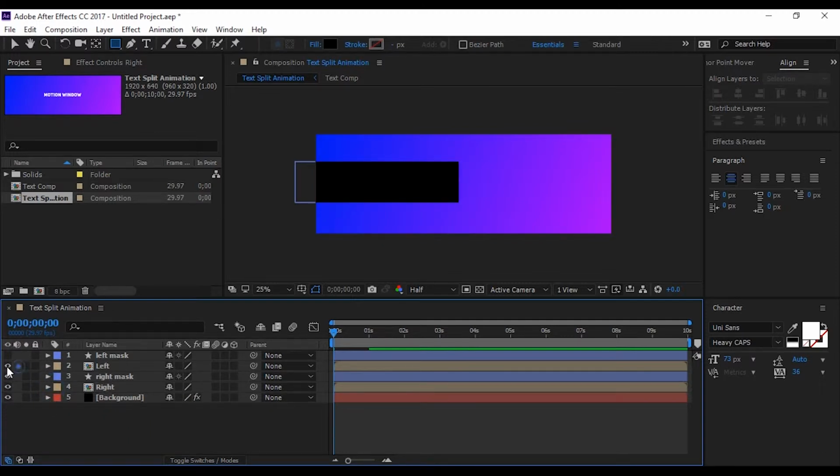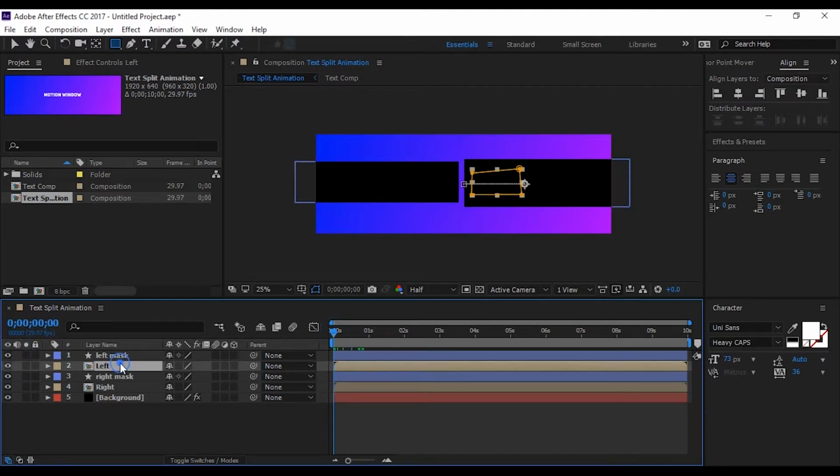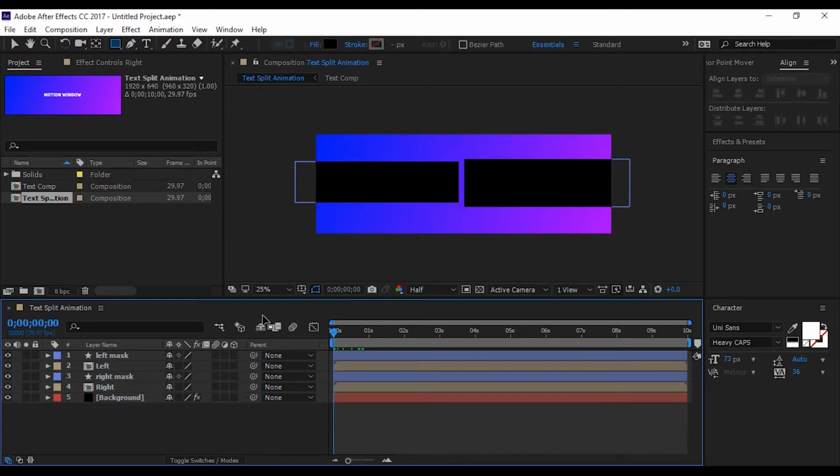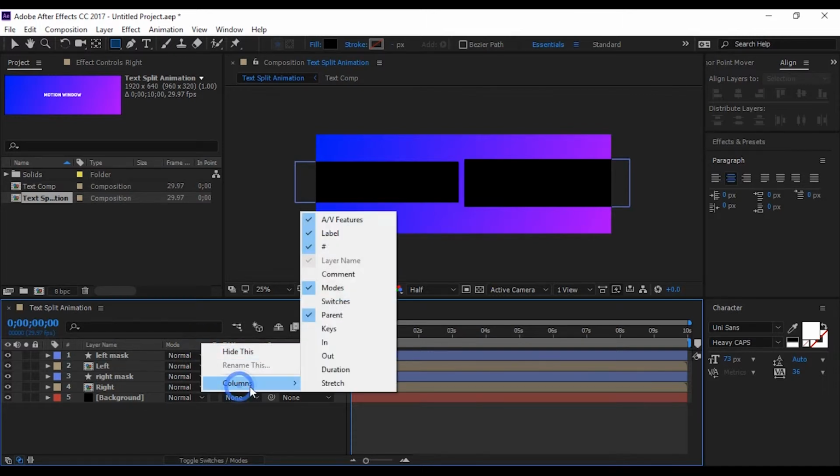Now unhide everything. Well, you cannot see anything right now, so we have to apply the track matte to our left and the right layer. If you cannot find this track matte tab, you can press F4 to switch between. Otherwise, you can also click here to toggle switches / modes, or you can right click here, go to column